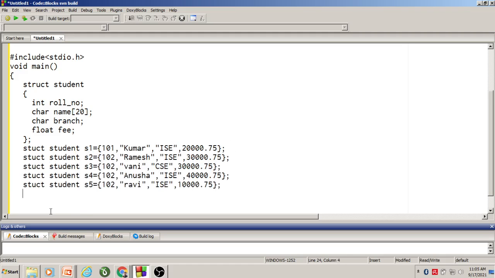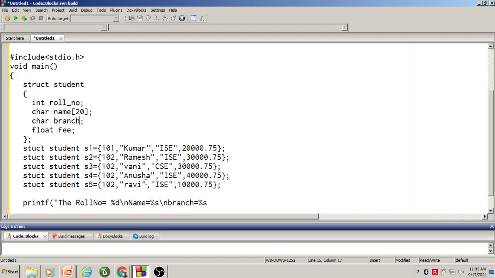Now we shall display the information on the screen. So the roll number equal to percentage d slash n, name equal to percentage s slash n, branch equal to percentage s.